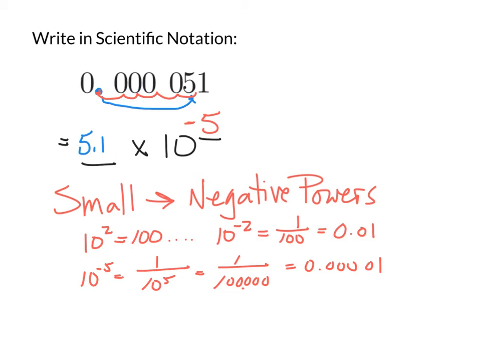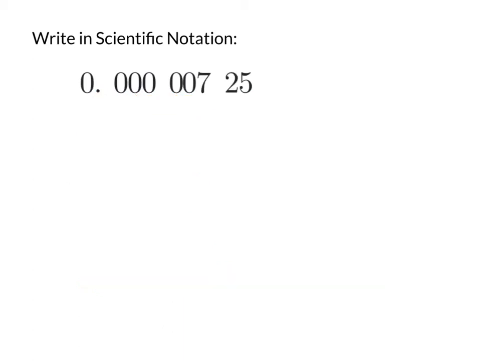So, overall, big numbers have positive powers of 10. Small numbers have negative powers of 10. So let's try a couple more. If we're going to write